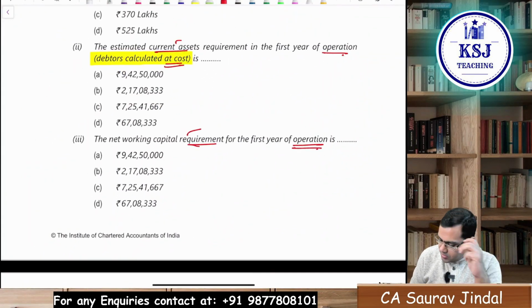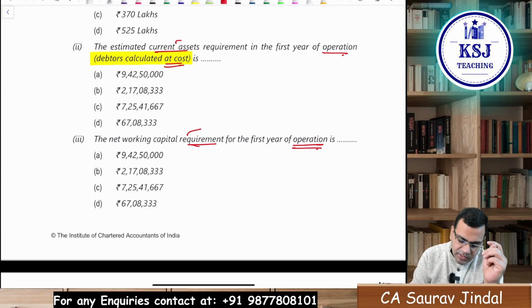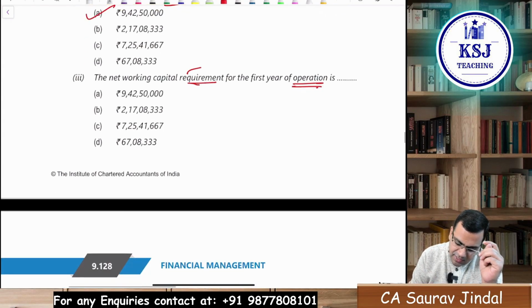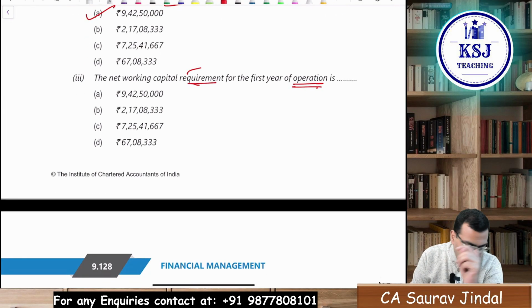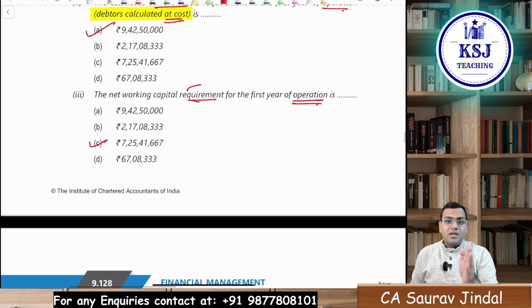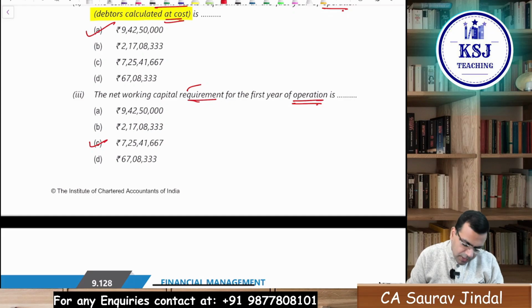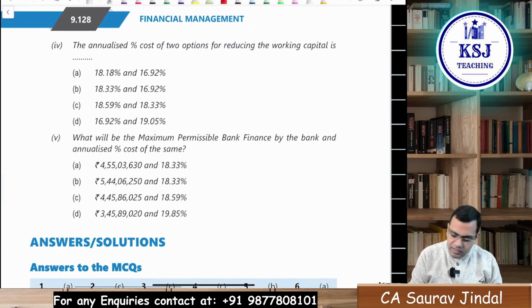Let's try to answer the second and third MCQ now. The second MCQ is 9 crore 42 lakh 50,000. That was the total of current assets, and the net working capital is coming out to be 7 crore 25 lakh 41,667. That is option C. Now coming to the fourth MCQ. The fourth MCQ says that